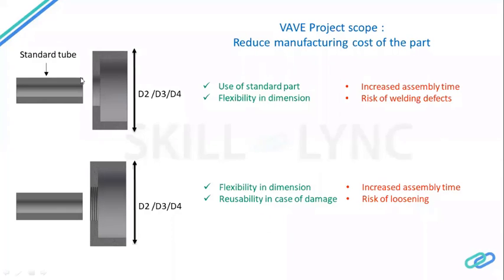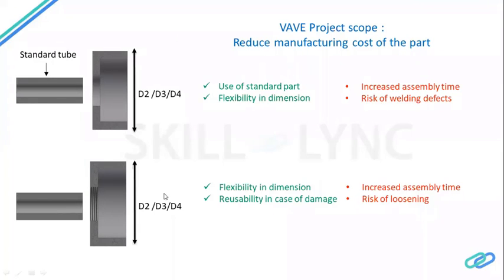But in the other bar machining option or in the casting option, if your D1 becomes D2, then suddenly you cannot use that part. Or suddenly the casting or the forging method is completely wasted because you cannot change the dimension in that. But here you can change the dimensions D1 to D2 to D3 to D4 or anything. But there you are adding one assembly process here because you need to join these two together. In the earlier option, you can directly use the part, but here you have one more assembly process. And always there is a risk of welding defects. So there are some disadvantages or some limitations.